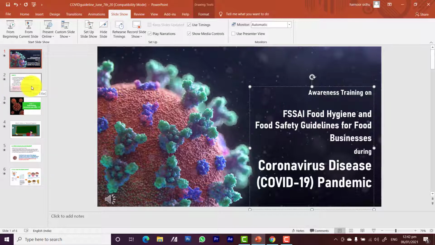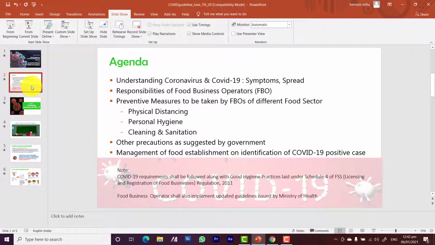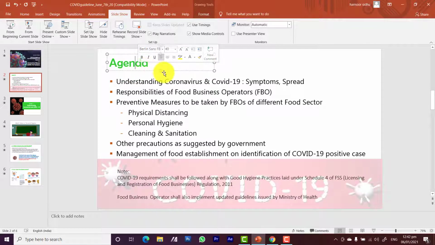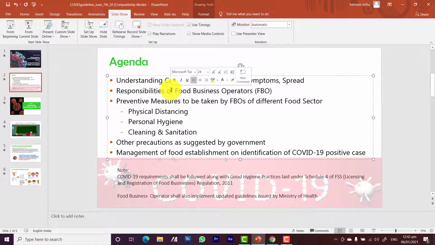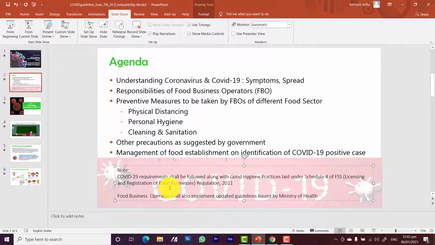Suppose you go to slide number 2, you want to see how many objects are there, just click. Now this word Agenda written, this is the text box. So this is one of the objects. You click on the second. Now this box you can see, this is the second object. And third, you click on this text down there. This is the third object. So we can make the three objects appear separately with some design. That is known as an animation.